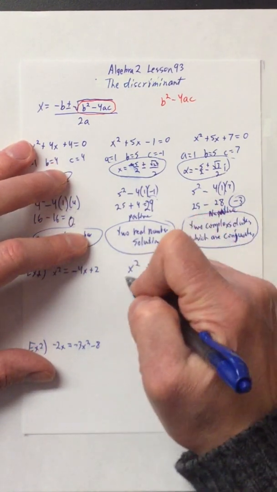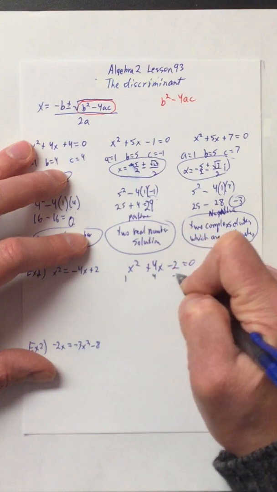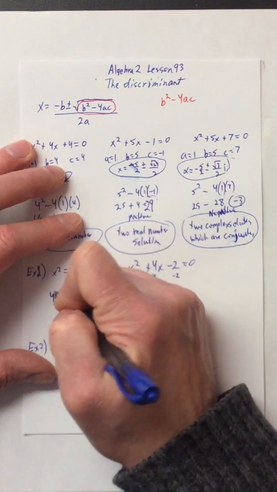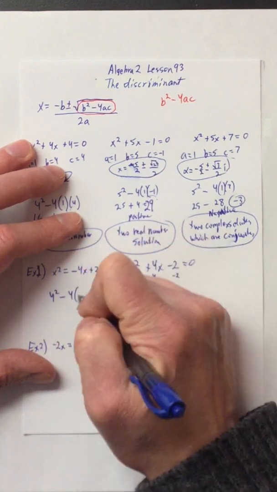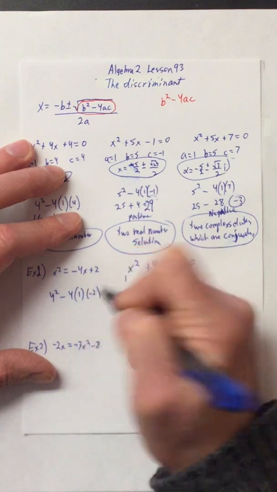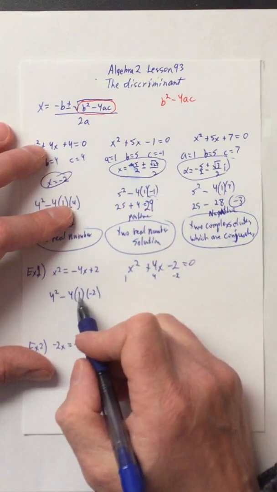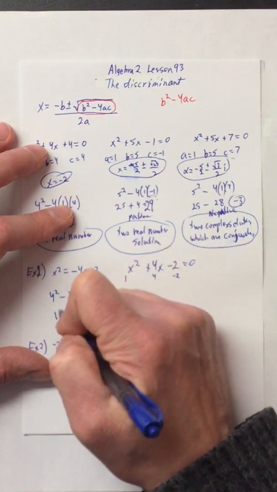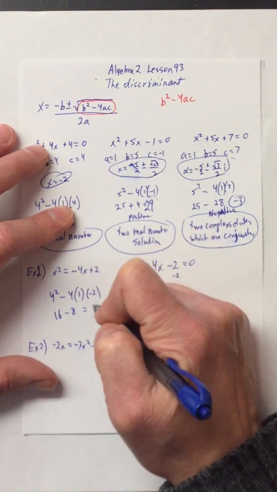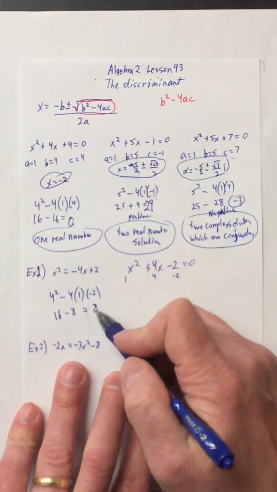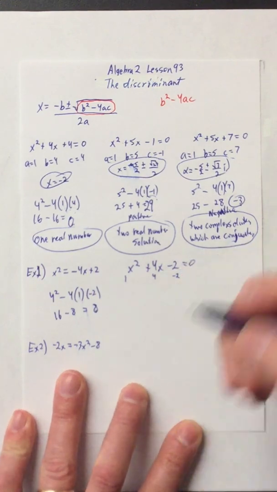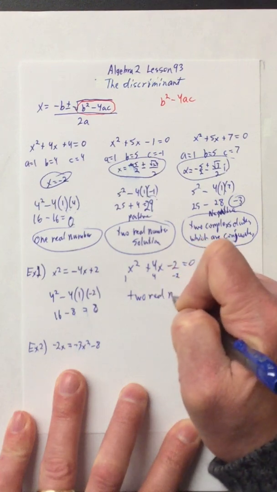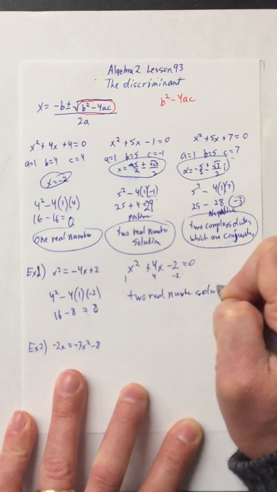My a value is 1, my b value is 4, my c value is negative 2. So plugging that into the discriminant, I'm going to get 4 squared minus 4 times 1 times the negative 2. 4 times 1 doesn't change. Negative 4 times negative 2 gives me a positive 8. So 16 minus 8 equals 8. That's a positive number. So it says do not solve this, just find out what it is. My answer is 2 real number solutions